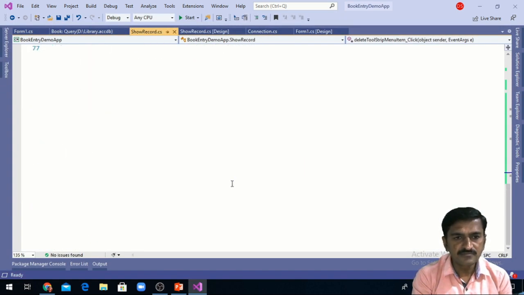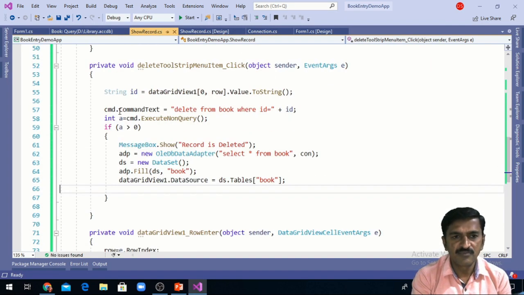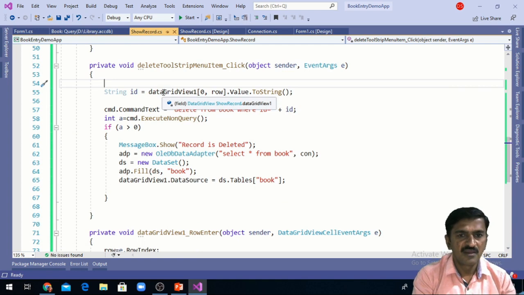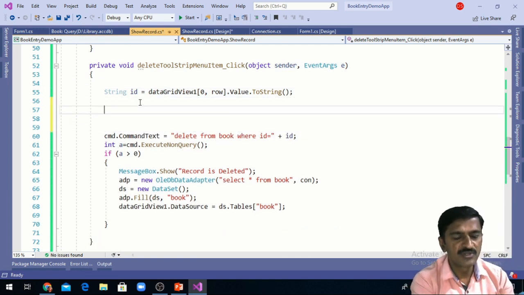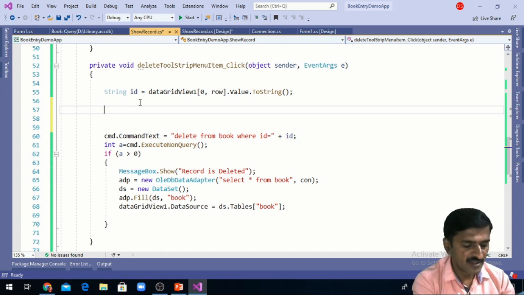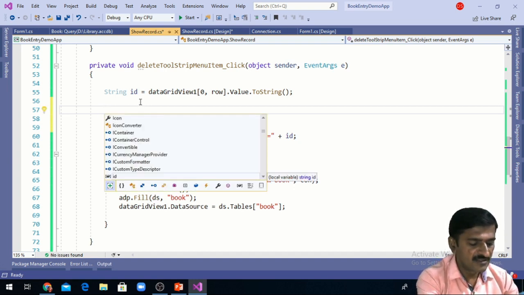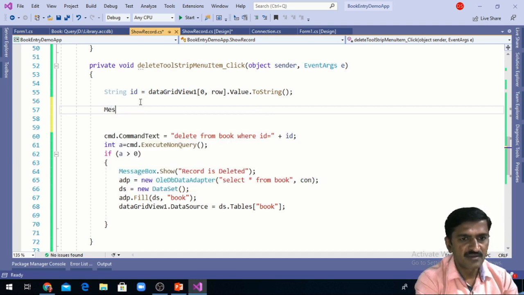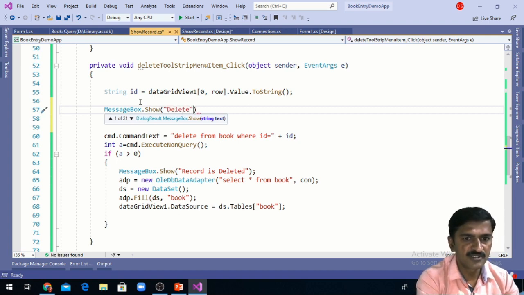In this delete menu strip, first I am going to ask the user whether they really want to delete the record. For that I am writing the message box like this: MessageBox dot Show, and Delete is the title for this message box.